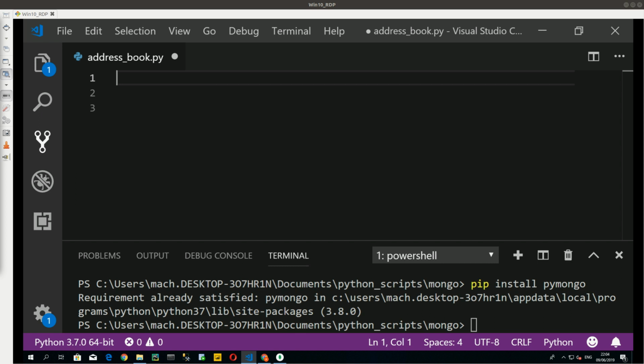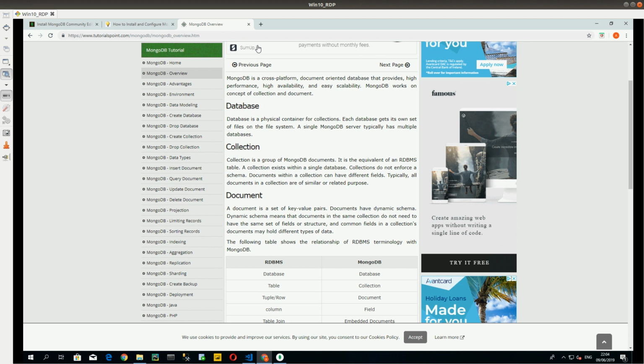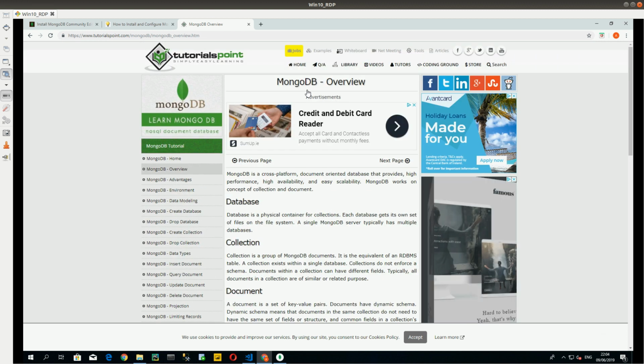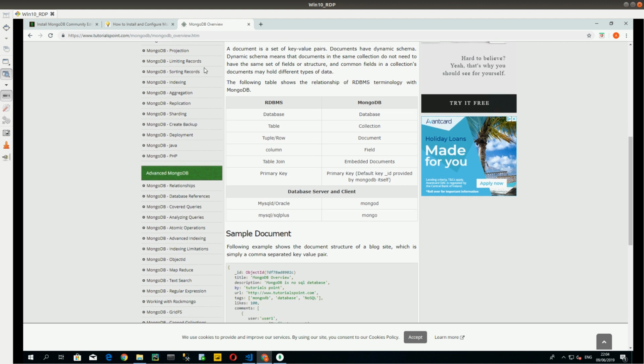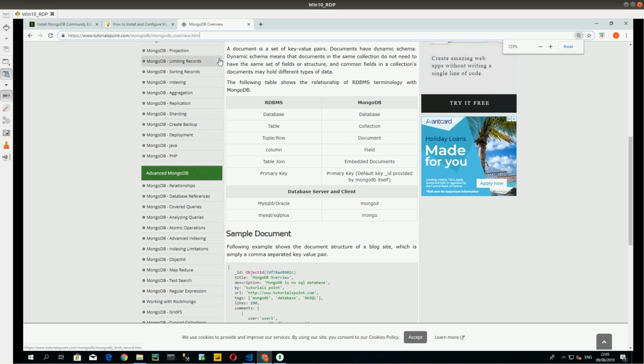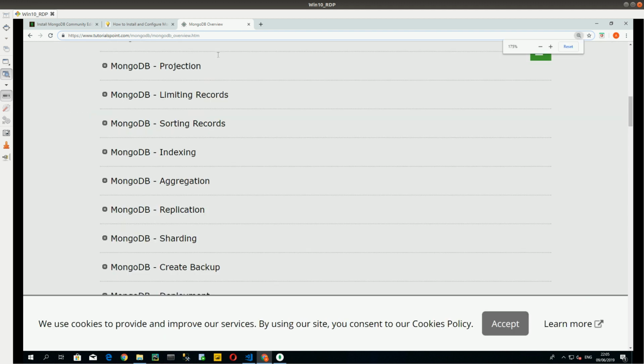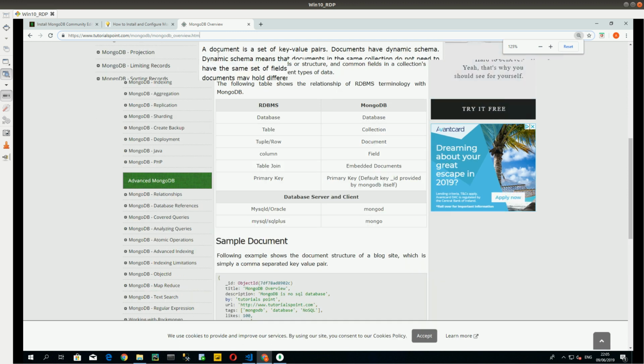If you're not familiar with what MongoDB is, it's what they call a NoSQL database. If you just go over to Tutorialspoint and Google MongoDB, it'll give you an overview. I'm not going to go through it, but that's the website there. You might not be able to see it, but if you just go to tutorialspoint.com. Let me see if I can increase the size. There we go. Okay, that doesn't increase the size of the URL. But anyway,